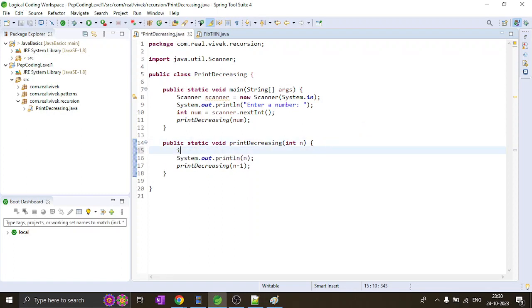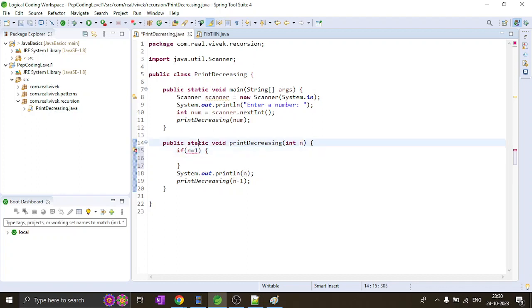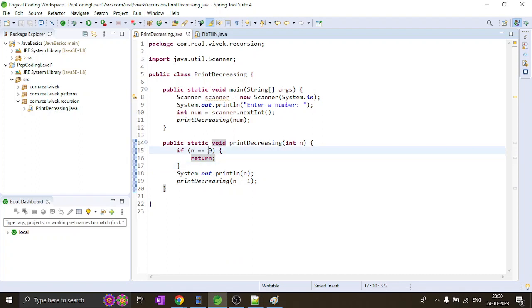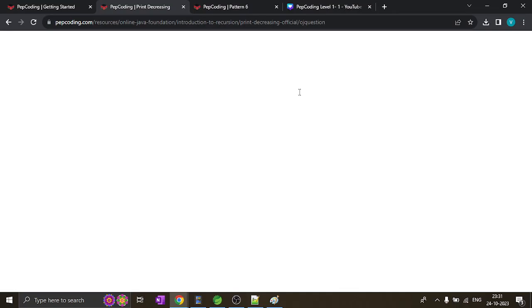So let's try to have the base case here. And the base case that we have written was for n is equal to 1, return. If n is equal to 1, then... n is equal to 0, right? Not 1. If n is equal to 0, then we start returning. Because if we stop at n is equal to 1, then 1 will not be printed, right? We want 1 to be printed because our expectation is,